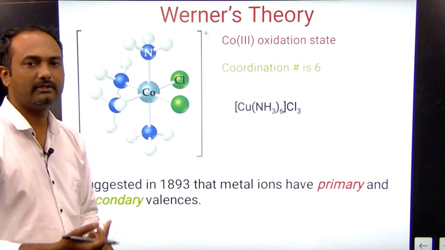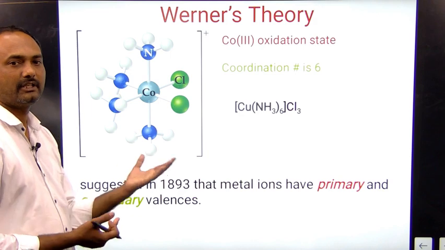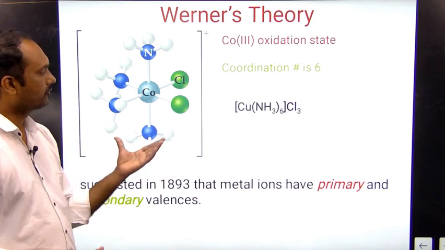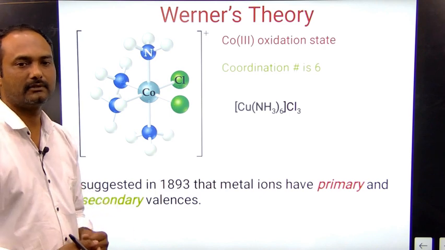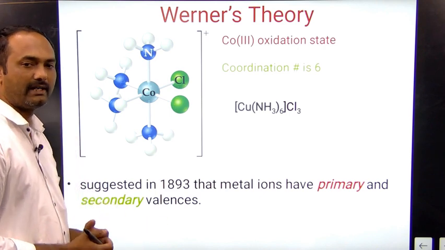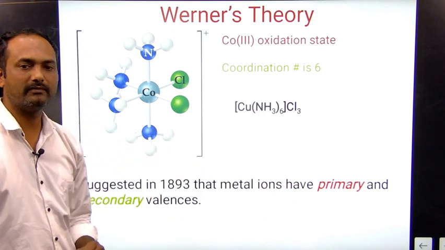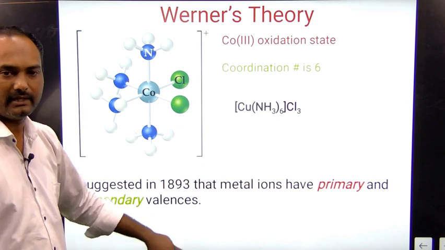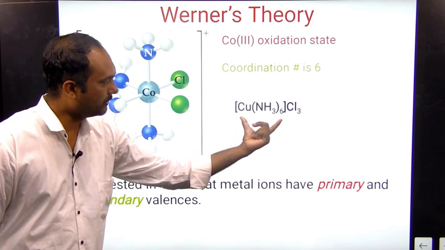One scientist, Werner, in 1893 put forward some ideas about coordination chemistry. He put forward how the complex is formed and which kinds of valencies it has. Basically, in a complex there are two types of valencies. The first one is primary and the second one is secondary. So we'll see this formula,